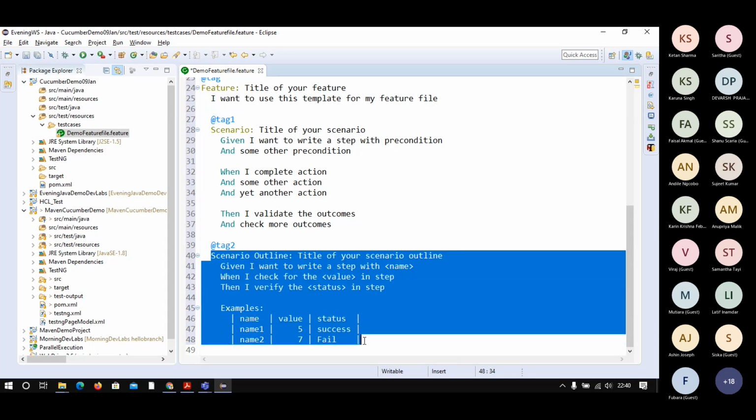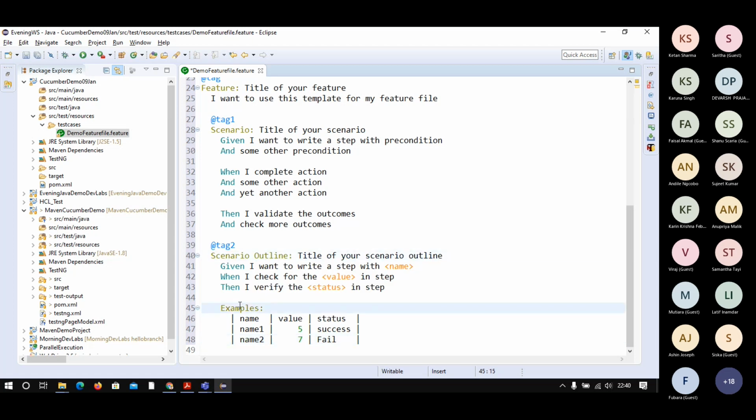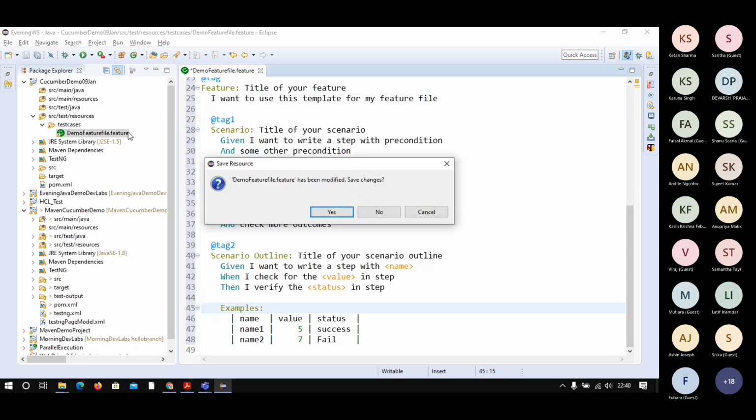And this is the example of scenario outline with example. So actually this is the way of writing the manual test case. So manual test case, once it is written, then what we have to do, we have to convert it into the automation side. So this was the sample one. Let me create my own test case. Then you will understand.